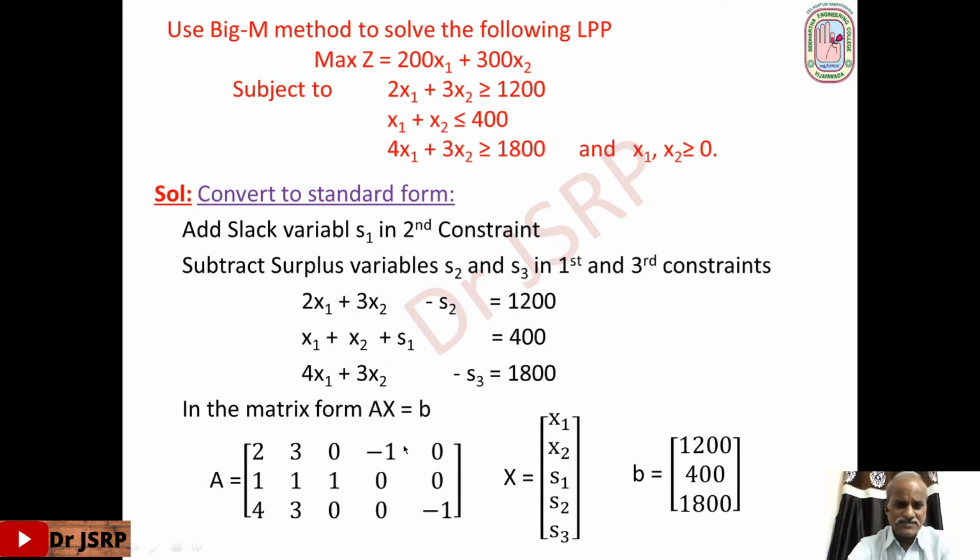Next step, examine whether the coefficient matrix contains a unit matrix or not. So observe the coefficient matrix. Here we have 0, 1, 0. This is minus 1, 0, 0, 0, 0, minus 1. So these are not columns of a unit matrix. We have only one column of the unit matrix, 0, 1, 0. So to get the unit matrix, we require another two columns, 1, 0, 0 and 0, 0, 1. We obtain these two columns by adding artificial variables in the first and third constraints. Clearly the coefficient matrix does not contain the unit matrix I3.